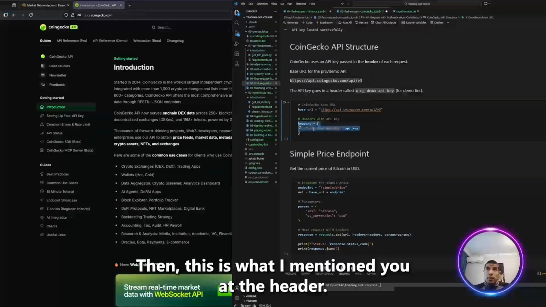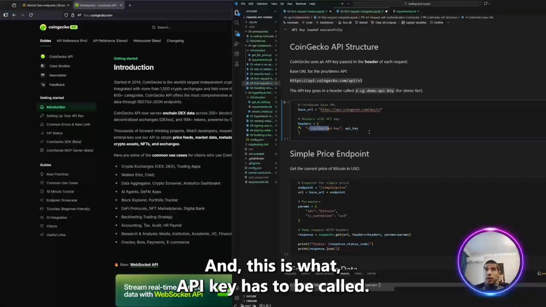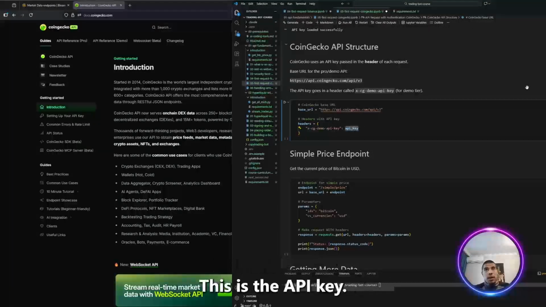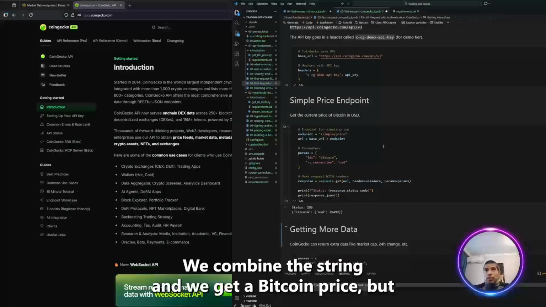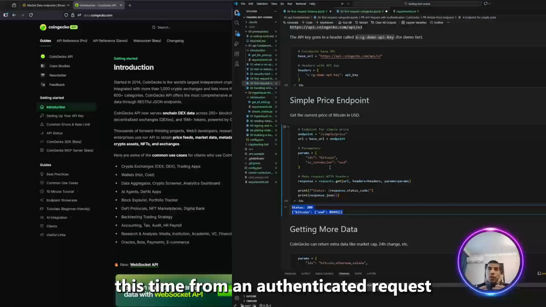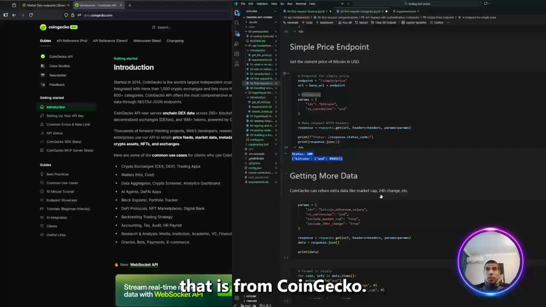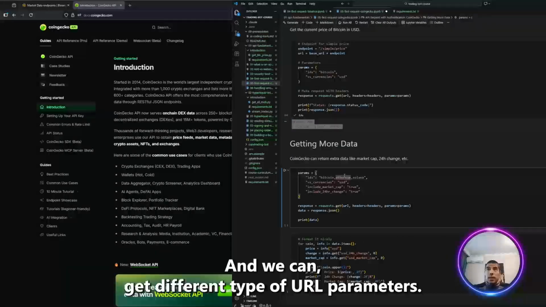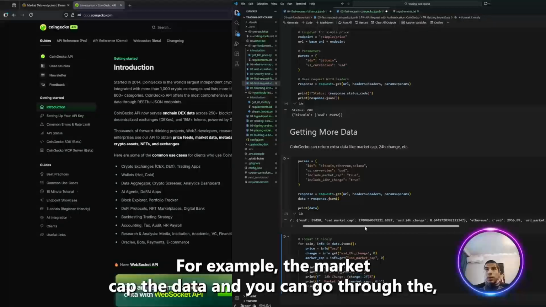Then this is what I mentioned. You add the header, and this is what the API key has to be called. This is the API key. You do the same thing as before. We combine the string and we get a Bitcoin price, but this time from an authenticated request that is from CoinGecko. And we can get different types of URL parameters, for example, the market cap, the data, and you can go through the